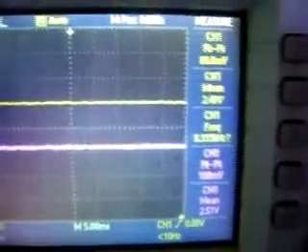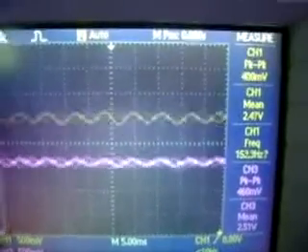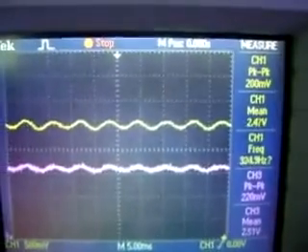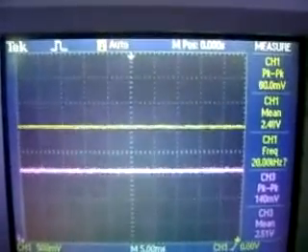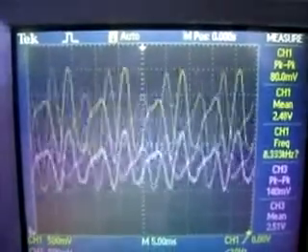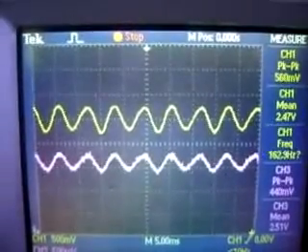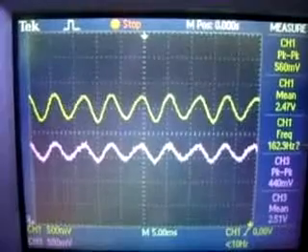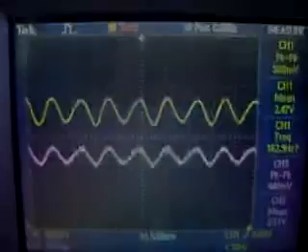Now when a note is played, the shape of the waveform is characterized by the harmonics at the onset. And when the note settles down, the shape becomes close to the sinusoid corresponding to the fundamental note frequency. As you can see, the filter output is less noisy than the preamp output. This is because the preamp output is passed through a low pass filter and all the high frequency components are filtered. Now I'll demonstrate the working of the module by playing notes on my guitar.